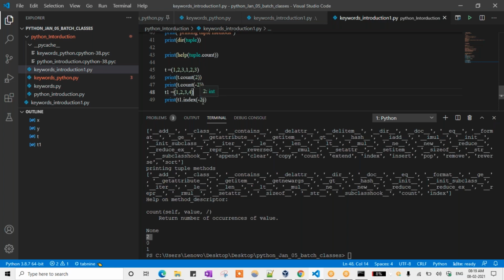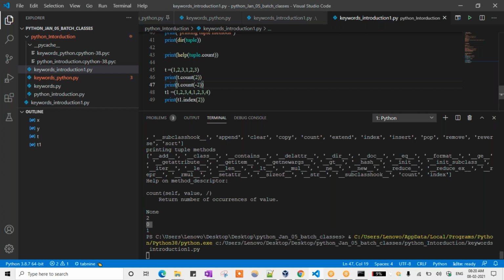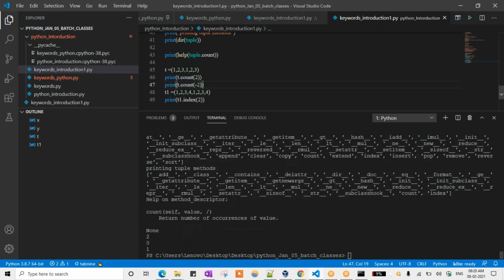So suppose one more thing is there, like 1, 2, 3, 4 from the left direction. This is the tuple I have taken, right? If I want to find from the left side, I can take it now. Suppose I'm reading in this direction, -3 here, instead of -3, I can put 2 here. Okay. So there is no way like that you can do it. But one more method is there, the index method. If we come to list, then we can understand that. So index of 2, it is taken again as 1 only here, the value.